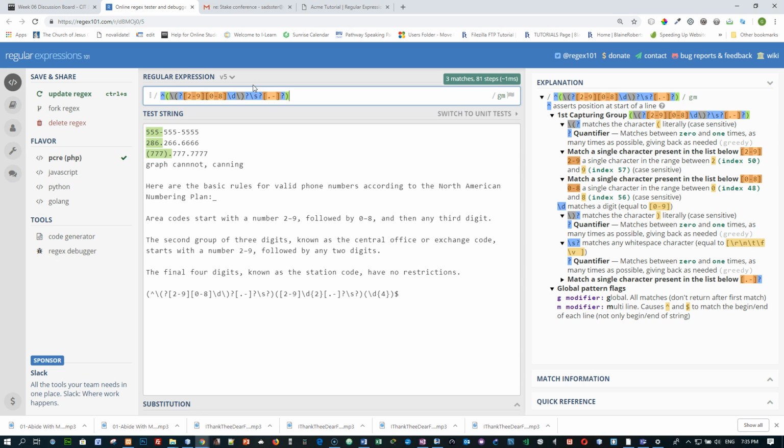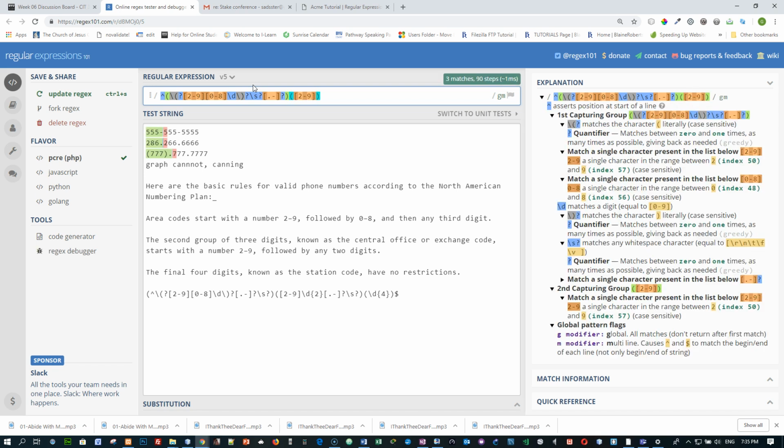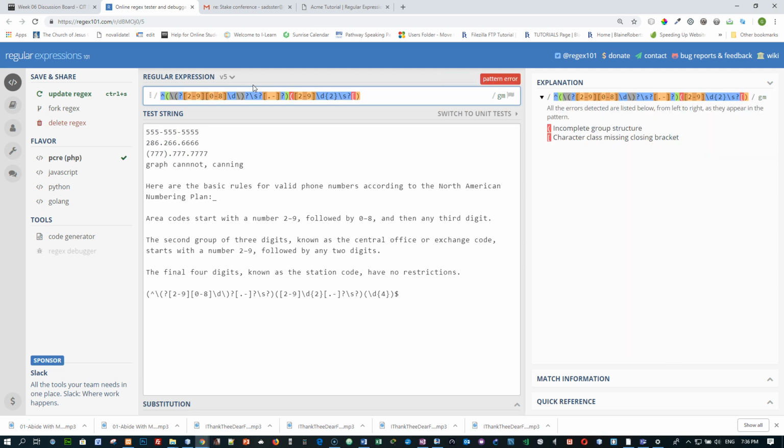Now let's look at our second group of digits, and we'll just start with grouping parentheses, and we want to find the first digit. It's got to be between 2 and 9, so let's do that, between 2 and 9. Great, we've got the first digit. The next two digits can be anything, so we can use \d and use quantifiers, and we've got to have 2 digits. Okay, and then finally we've got to capture either a space or not, or dots and dashes,